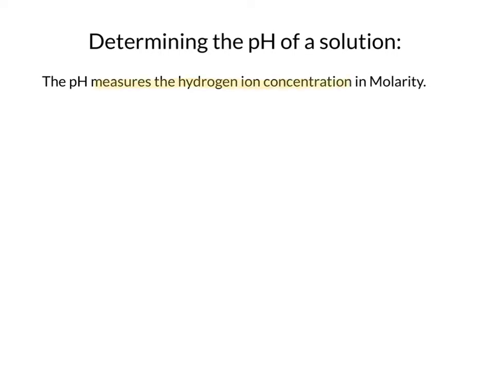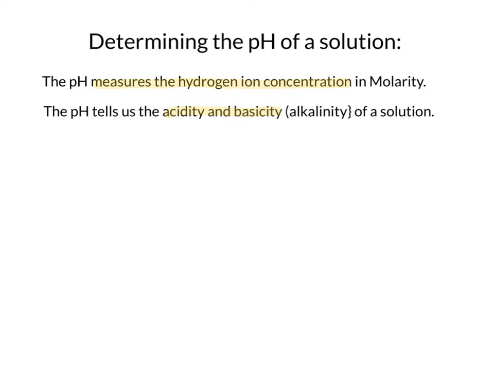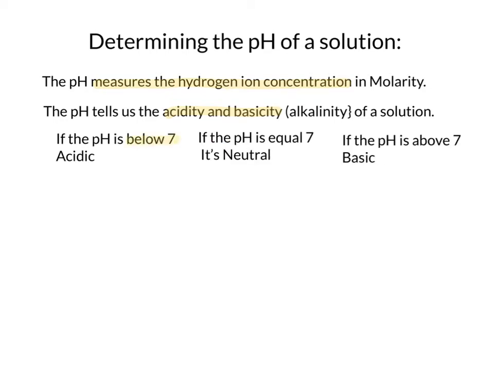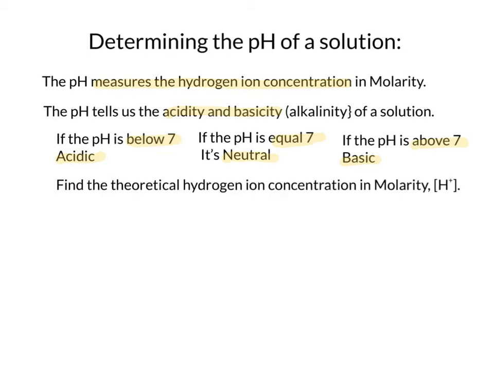We know that this tells us the acidity or basicity of the solution. Remembering from our pH scale that numbers below 7 are acidic and those above 7 are basic, and if it is actually a pH of 7, then we end up with a neutral solution. We also know how to find the theoretical hydrogen ion concentration of various solutions. Now we're going to put that together and see if we can find the pH of a variety of different